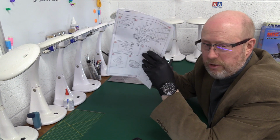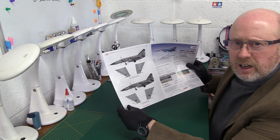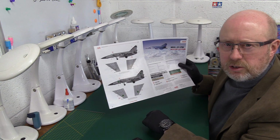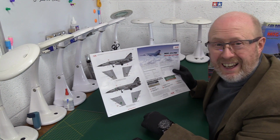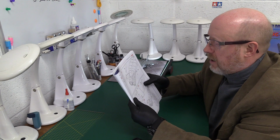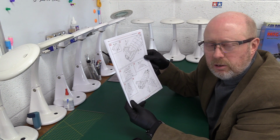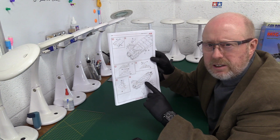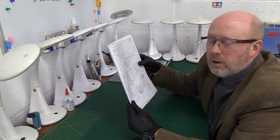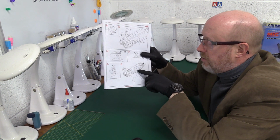There's another thing I should have mentioned, which I forgot when I made my notes for the video. When you see the artwork at the back, there are no indications, no artwork showing you what it should look like underneath or head on. So you don't know about the anhedral of the wings on this aircraft. No idea how much anhedral to give it, no clue at all, very unhelpful, and then you end up with these massive holes where you can have it straight or flopping. An absolute nightmare. So obviously I used reference photos, as most of us would. And then I had to fill in,